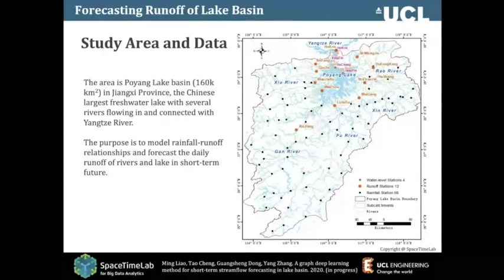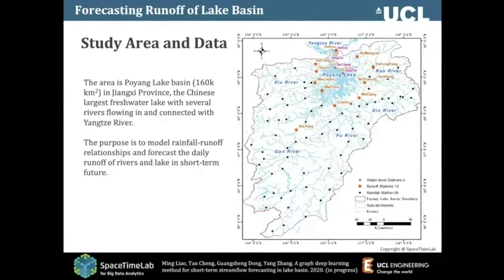So what about other cases, not only transport? So graph, I hope to show you, a polygon becomes a point. This one is our very latest work. We want to model environment data. So we want to focus on rainfall of a lake basin. This is Poyang Lake. Poyang Lake is in Jiangxi province. It's one of the largest freshwater lakes. It's shown here. Okay, so this lake has several rivers around it.